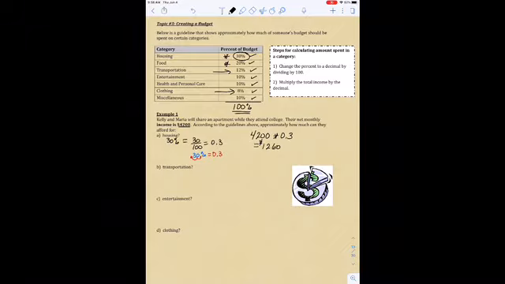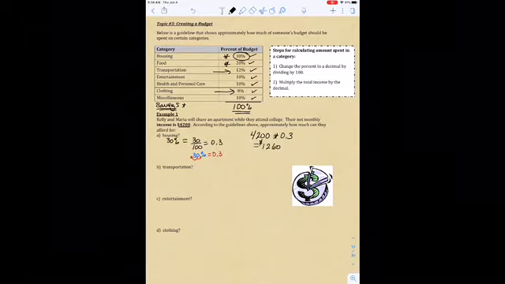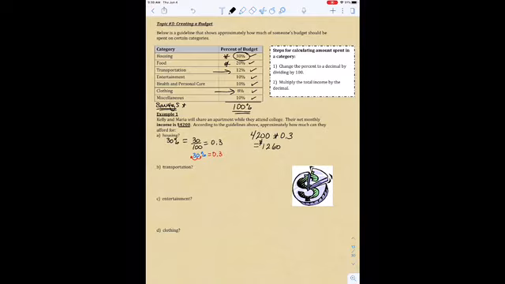If they save a little on housing and maybe they only have rent of $1,000, then they have a little money left over for miscellaneous or savings. I noticed there's no savings category here, and if you actually create a budget, it's often a good idea to add a category for savings, because it's always good to have a rainy day fund. There are months when the car breaks down, or you need a new refrigerator, or you're sick for a couple of days and you don't work. So there are all kinds of reasons you should have a little savings account, but that doesn't happen to be in this